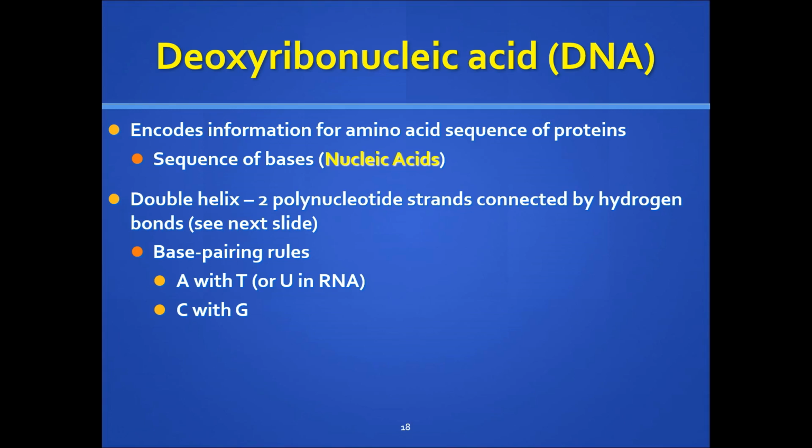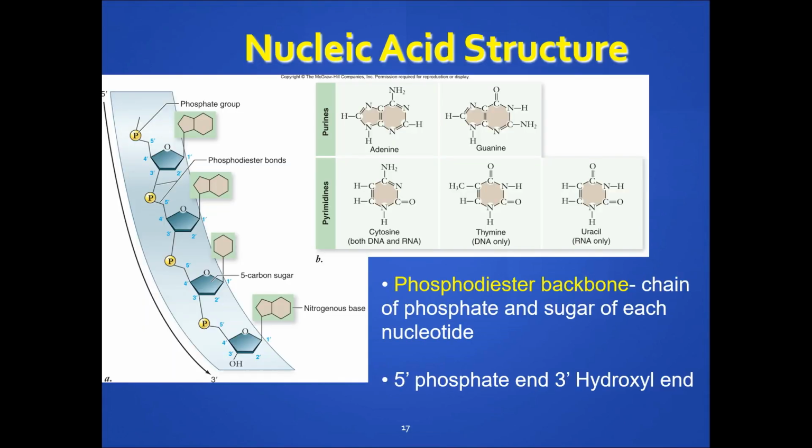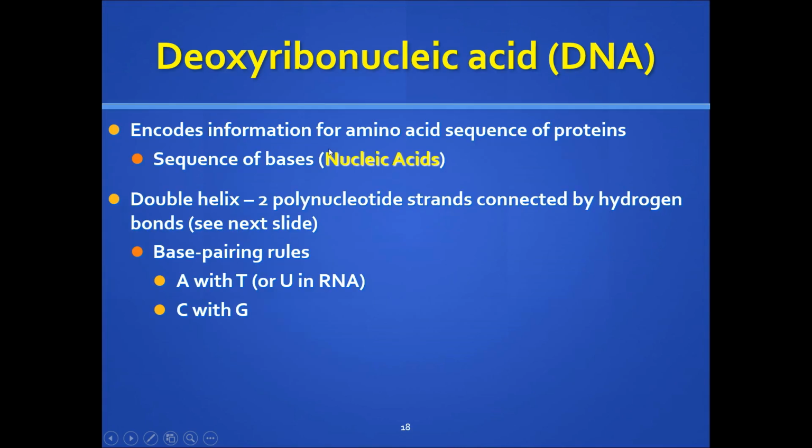Now, DNA is what we call a double helix. So think about it as a ladder that's twisted. And so it's twisted into a helix. And so there's going to be actually two of these linear structures right here. So here's one side, and there'd be another side over here that we'll see on the next slide. So the base pairing rules tell us that A's or adenines bind with thymines and cytosines bind with